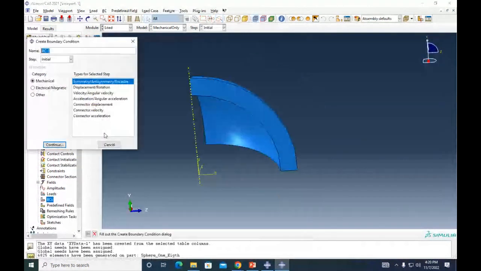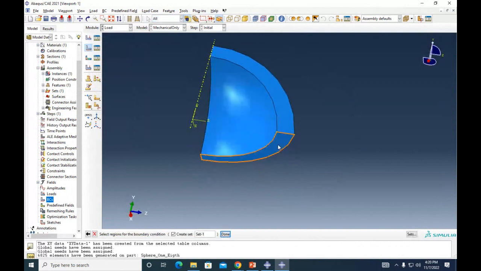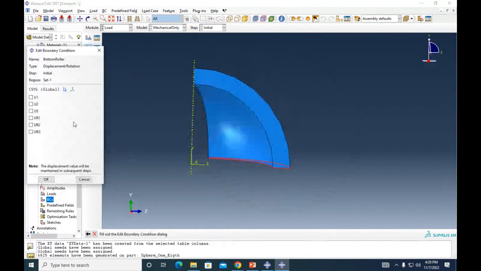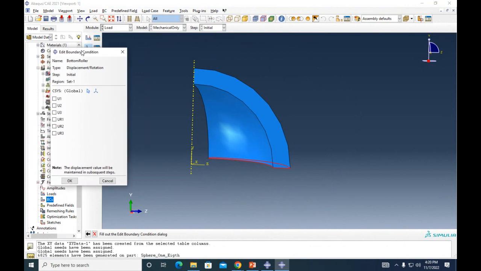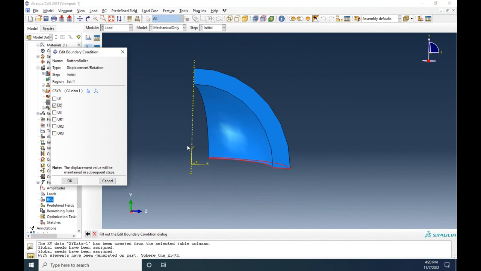So let's go here to boundary conditions and let's call this bottom roller. So it's gonna be displacement, and then it's gonna be this surface in here. Which one should I have to click? Don't be afraid, it's fine. U2, right? Can anyone see the axis in here? Yeah.